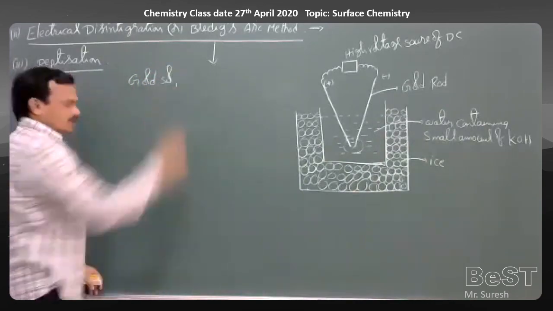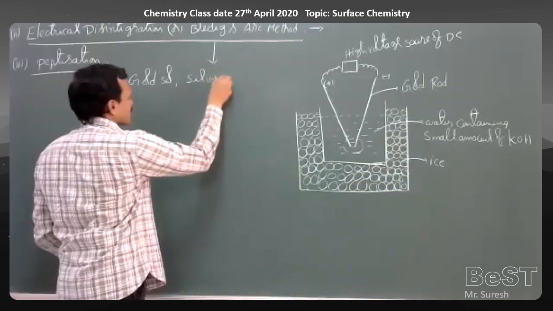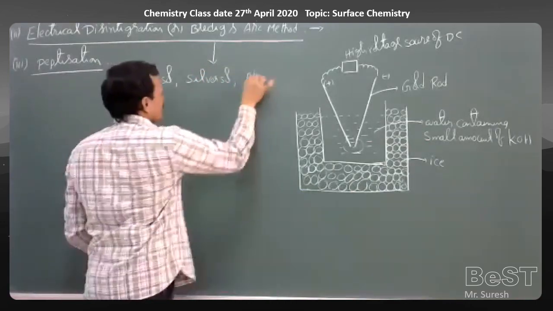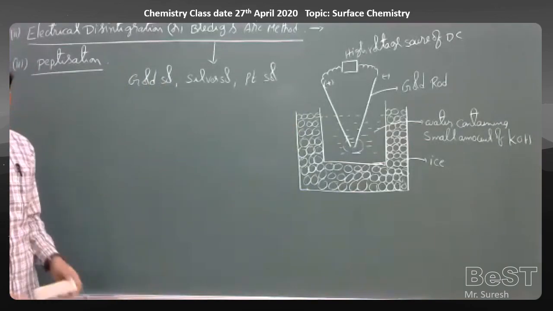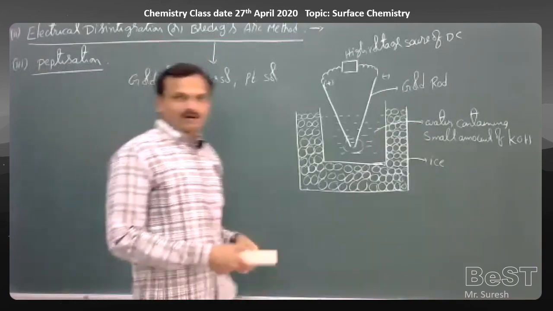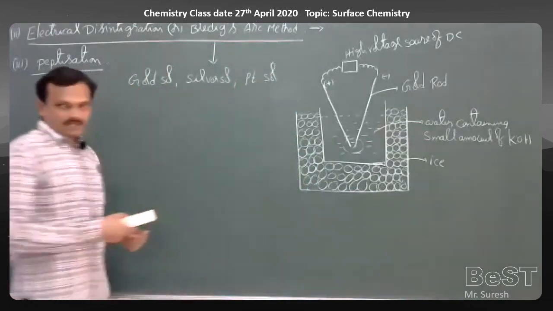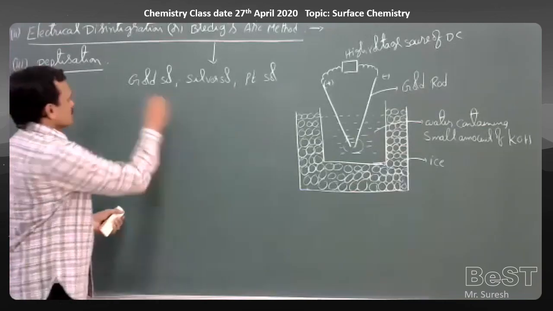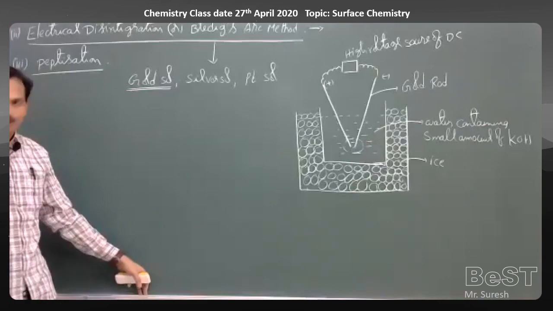Nothing but a gold colloidal solution, or a silver sol or a platinum sol. Like that, metal colloidal solutions are prepared by using this Bredig arc method. Let us see what the process is. Here we are going to prepare the gold colloidal solution, which is used